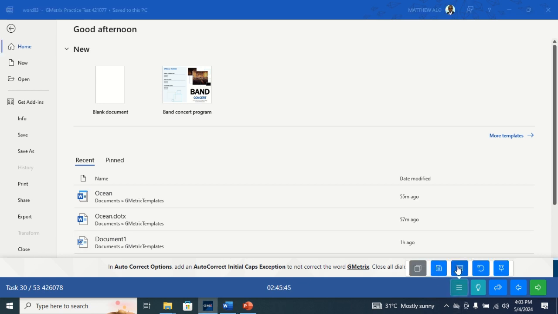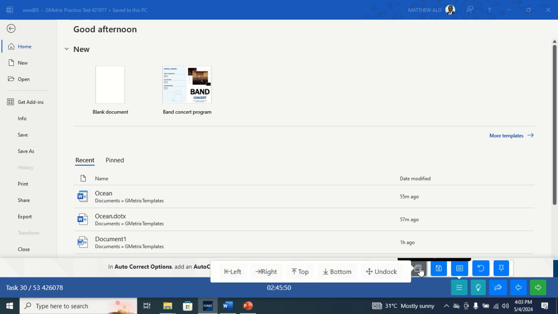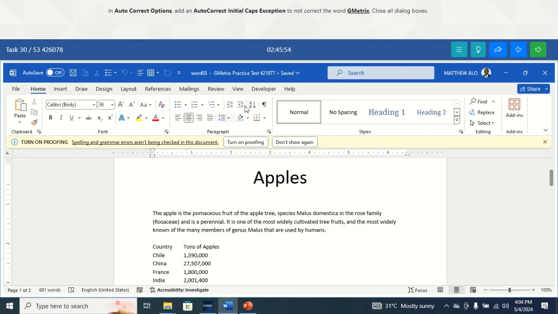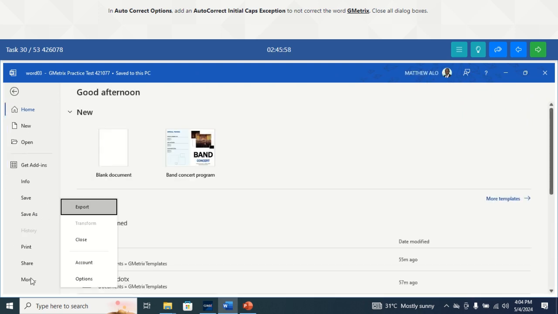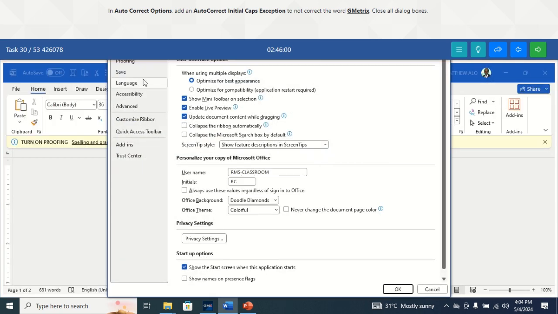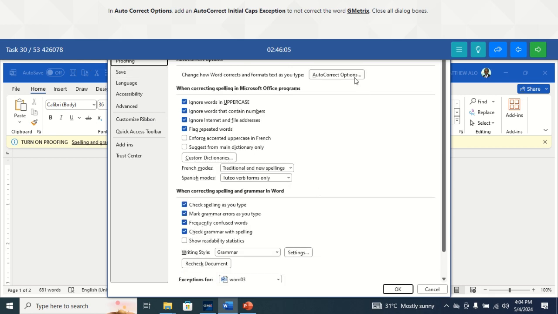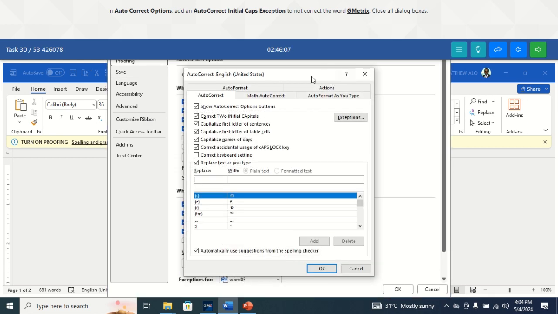Then go to Proofing here and click AutoCorrect Options,